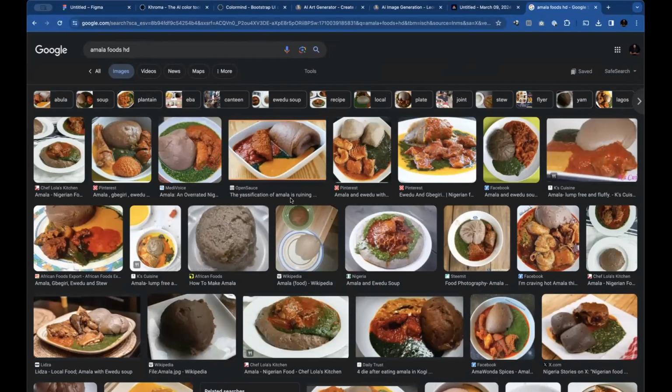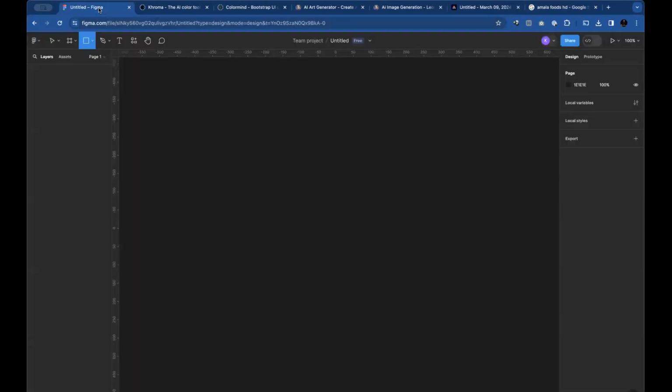And again, for record purposes, we are not going to be using any of these images for business purposes. This is just for education and demonstration purposes. So if you're downloading any of these, please do not reuse them for commercial purposes, because these pictures belong to someone else, so that you don't fall victim to any copyright issue. Save those pictures, put them in your folder. Next week, the next thing we're going to do is use our colors. We have our logo, our images, and next week we're going to be building our website fully.